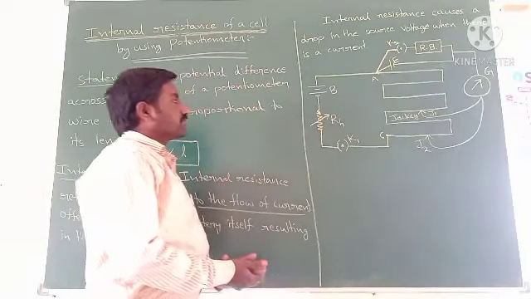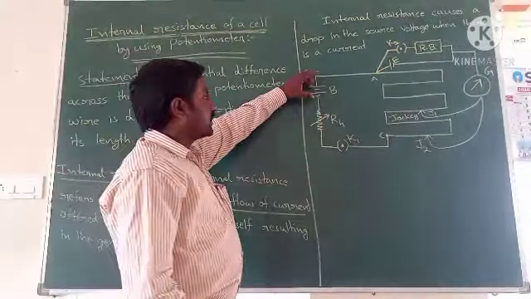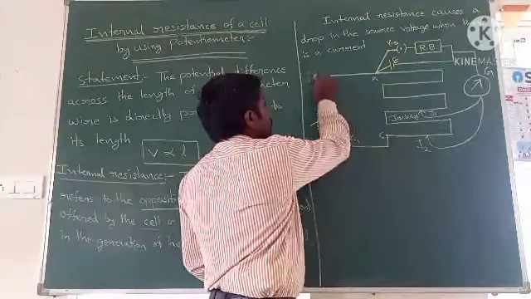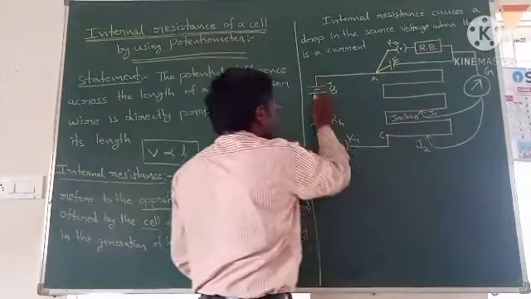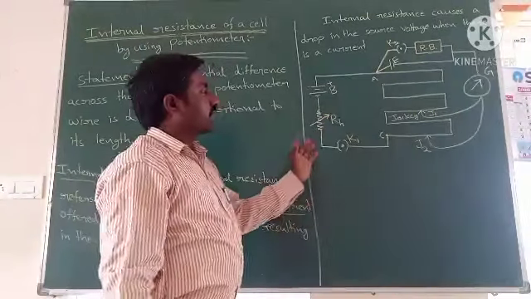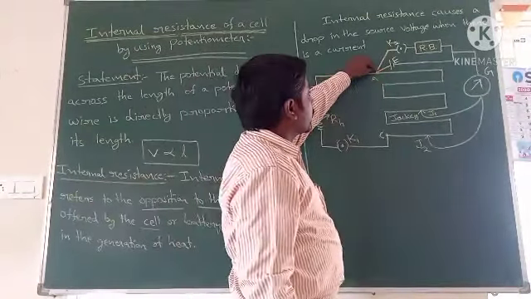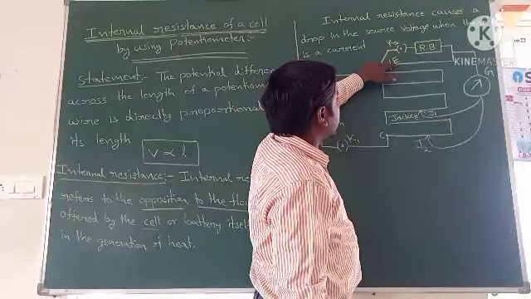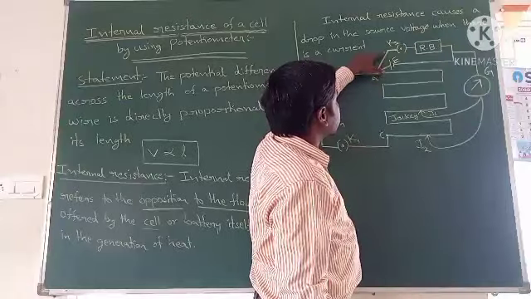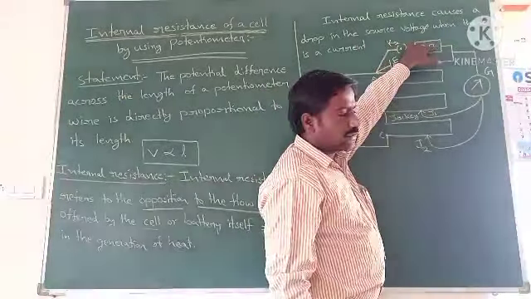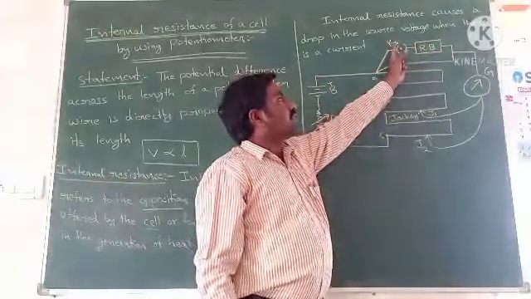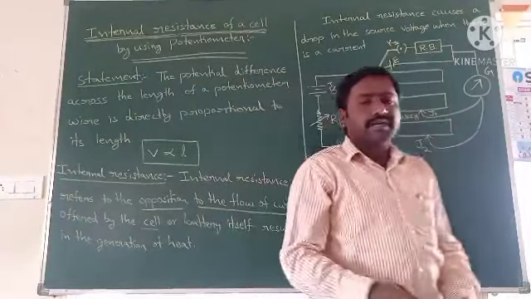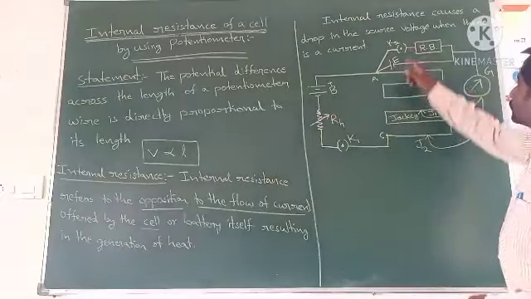Now the working: when the battery is on, the current flows from the positive terminal to the negative terminal. In this current flow, you can find two points: one is along the cell and another is along the resistance box. The functioning of this key plays an important role in whether the current is flowing through the resistance